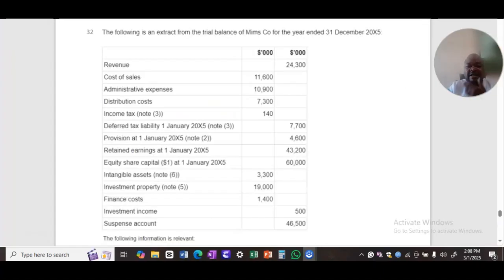Okay, ladies and gentlemen, we are having a section C type question, which was part of our mock revision exercise. So we're going to just run through and discuss the main points which could be of assistance to you in your upcoming ACCA financial reporting examination. Okay, so by using a past exam question,